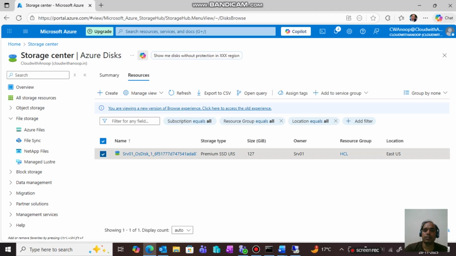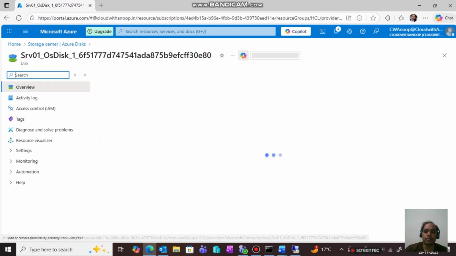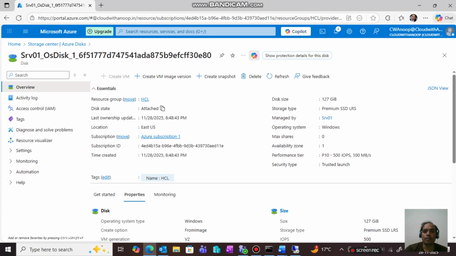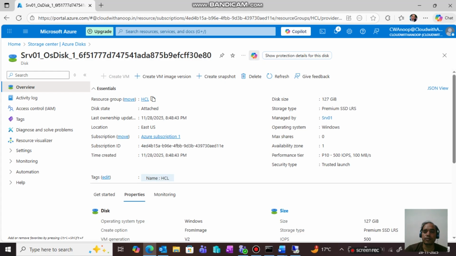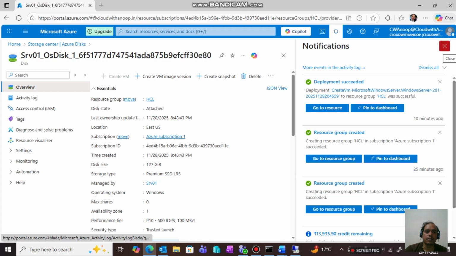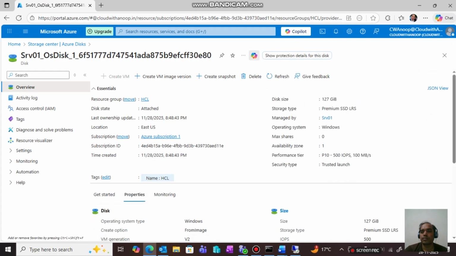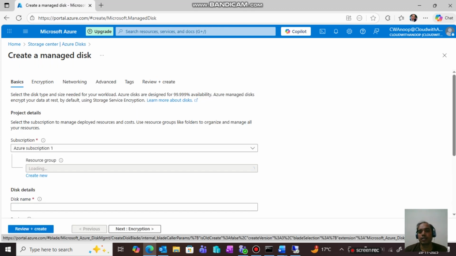So this disk I am deleting it. And delete. This is the OS disk, so it can't be deleted. Creating the new disk,